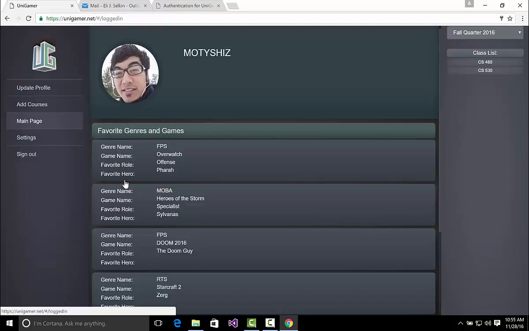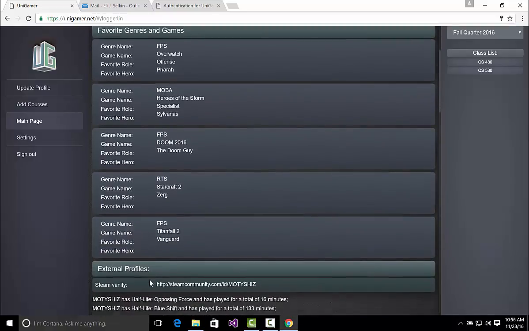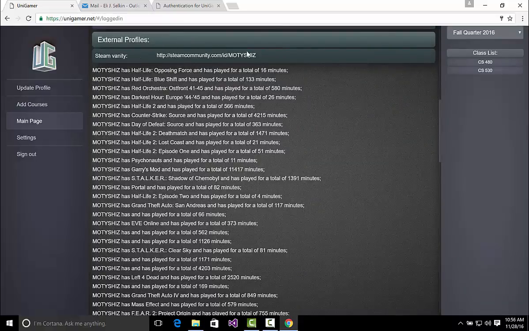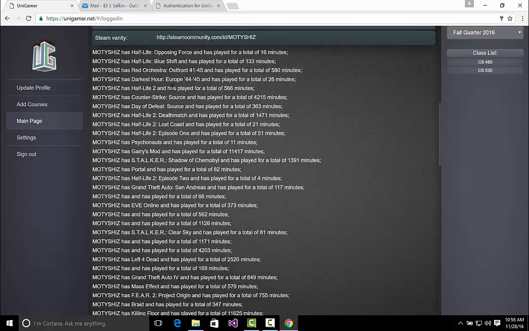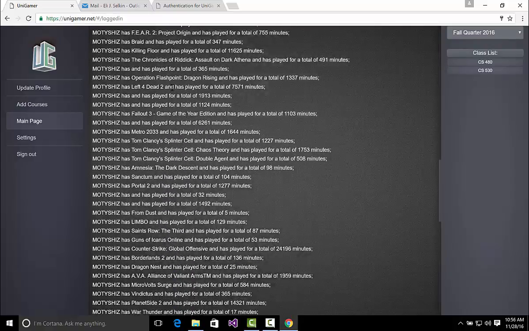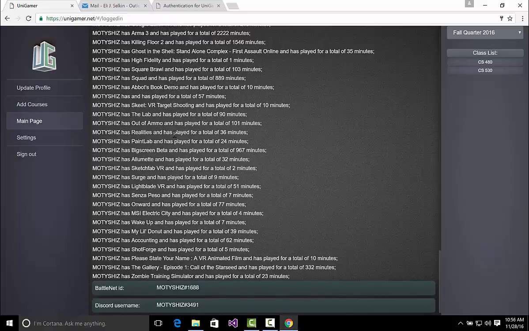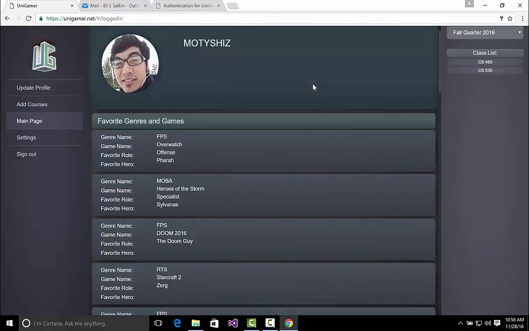Okay, so his profile takes a little longer to load because it's one of the more fleshed out things, but it shows there that one of his favorite genres is the real-time strategy. And here it shows a list of all of his games that he has on Steam that he's ever played. And so it's quite a long list, and it's quite an extensive history that we had to pull from Steam